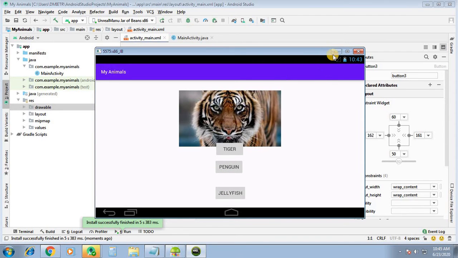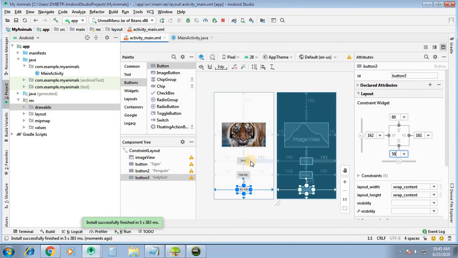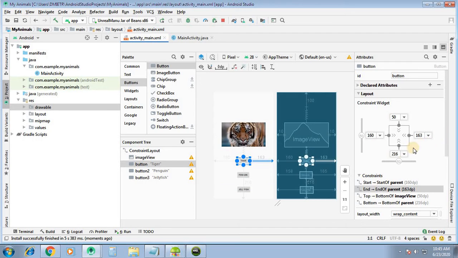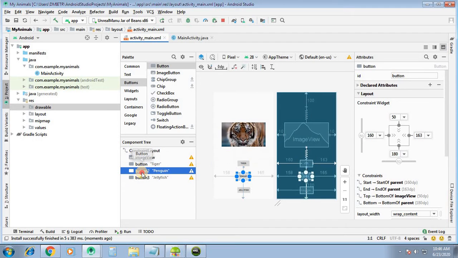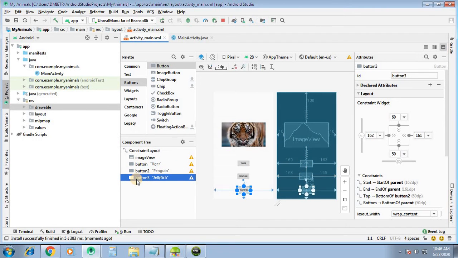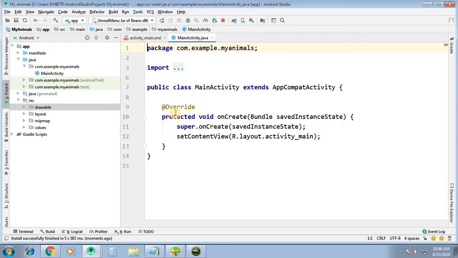Now let us add the functionality to this. The ID for the image view is imageView. For button tiger it is button, for button penguin it is button2, and for jellyfish it is button3.